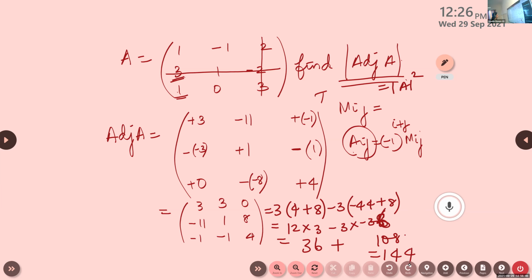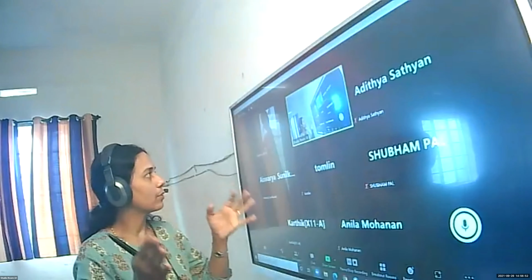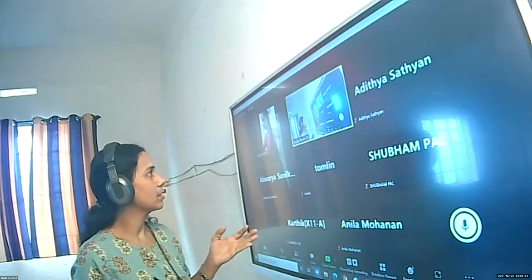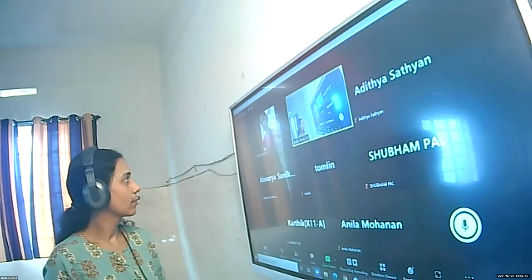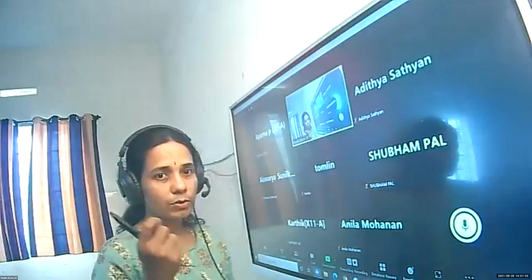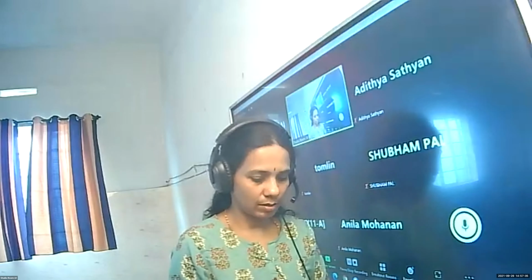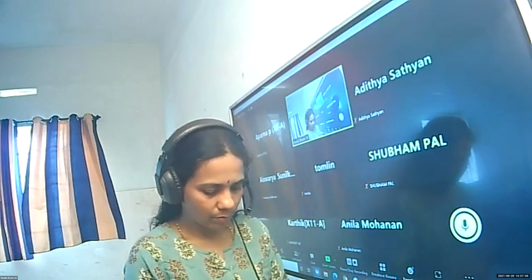Okay, in the previous one, we found the cofactors and took the adjoint. But which is the easy method? You can find determinant of adj A using determinant A the whole square. Isn't it? So whenever questions like this are asked, you have to think carefully and answer. Okay. Now write the next one.